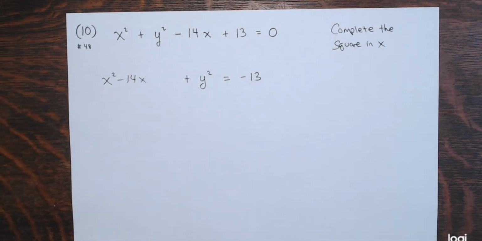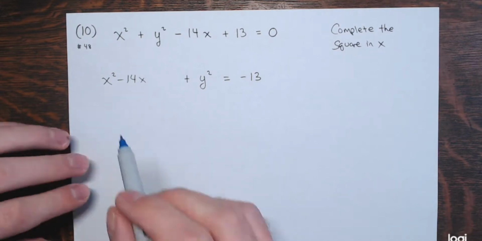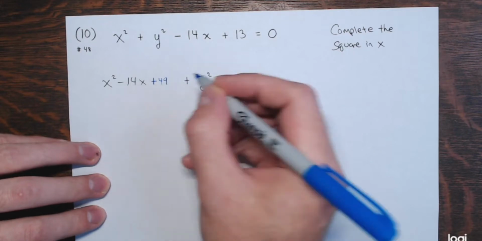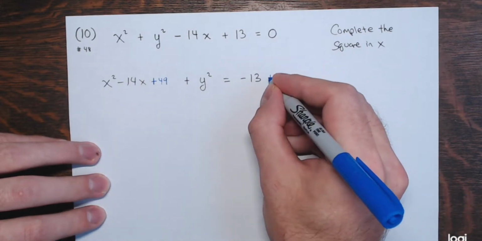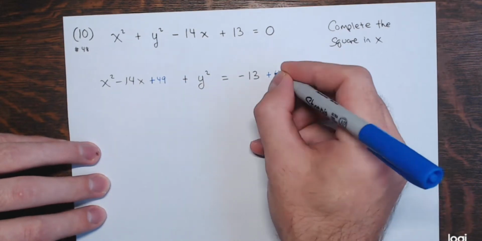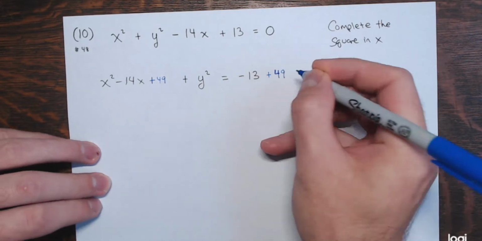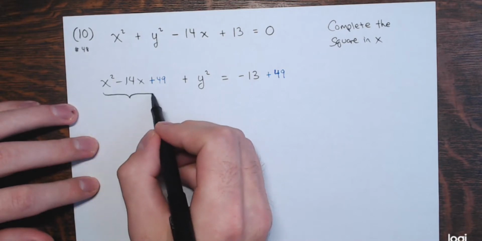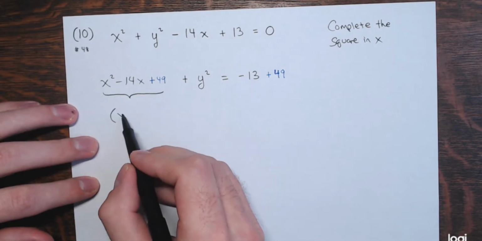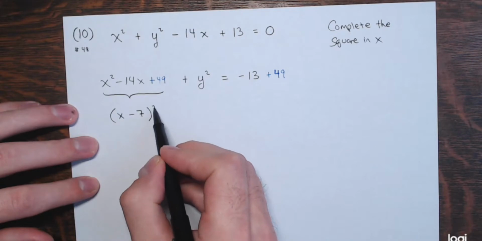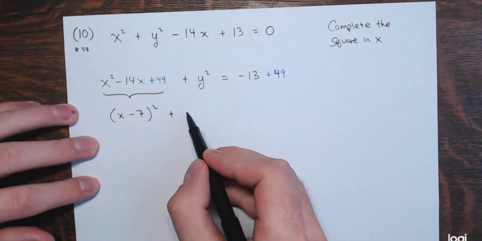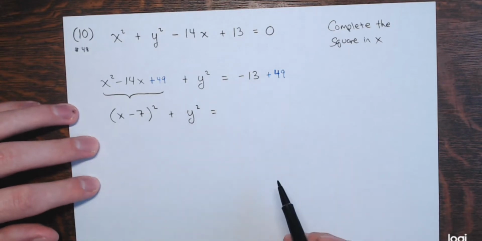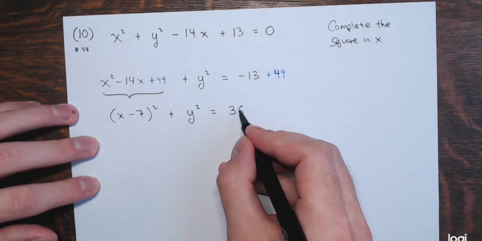Alright, so now completion of the square on the x's, I'd be adding 49 to complete the square. And if you add 49 there, you must add 49 over here as well, right? Don't forget it's an equation. And then that completes the square on the x's, so the square with x is the quantity x minus 7 squared. And the square with y is already there, it's just y squared. Equals, and then 49 minus 13 is 36. Now we have the equation